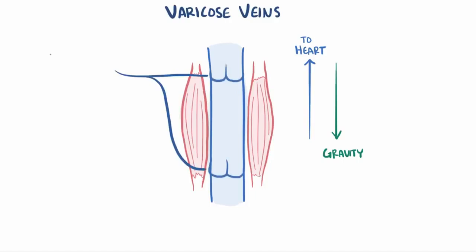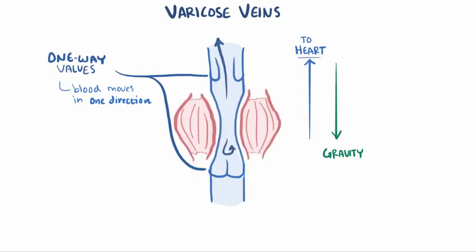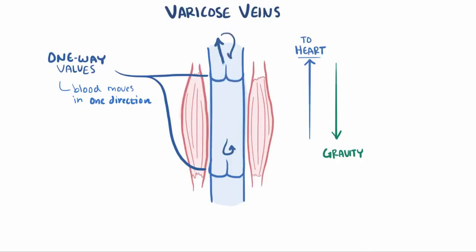Most veins also have one-way valves. These valves only let blood move in one direction, toward the heart. So now as the skeletal muscles contract, it squeezes the veins, and this lower valve stays closed to prevent blood from going downward, while the upper valve lets blood through. But even though gravity wants to push it back down, that blood isn't allowed to fall back down through the